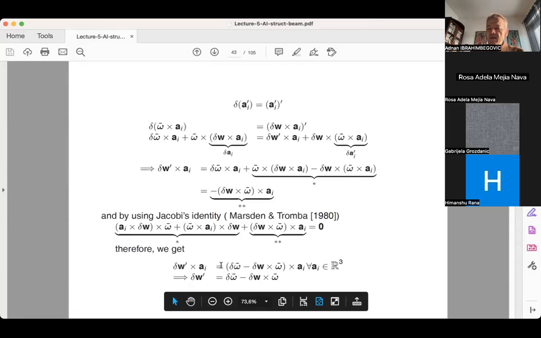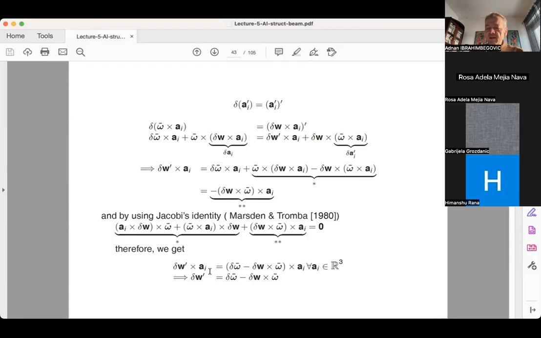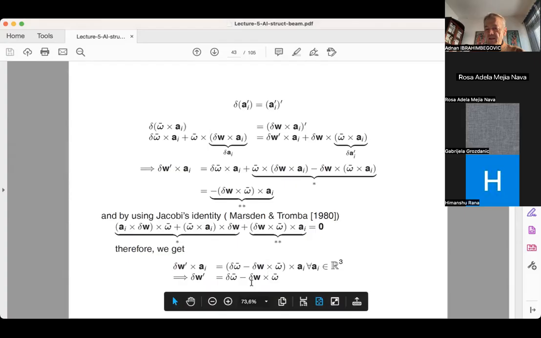So comparing what is featuring in the cross product with AI has to be the same